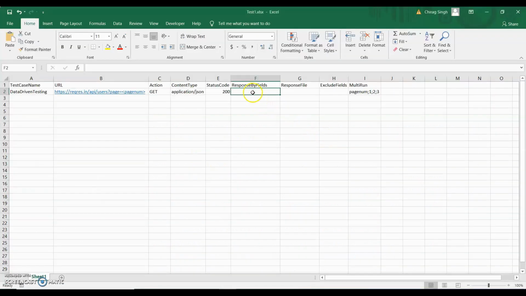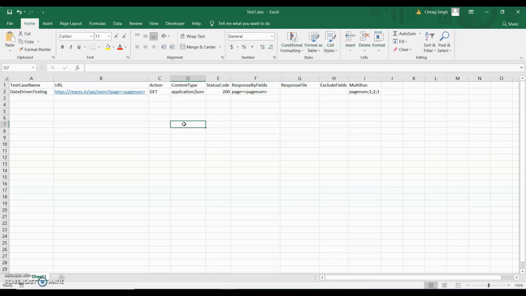In a previous video I already discussed how we can use this in response by field, how we can validate data, and how we can validate a single value from a JSON. So I'm validating a single value from the JSON to see whether this parameterization testing is working correctly or not. I just want to see this.